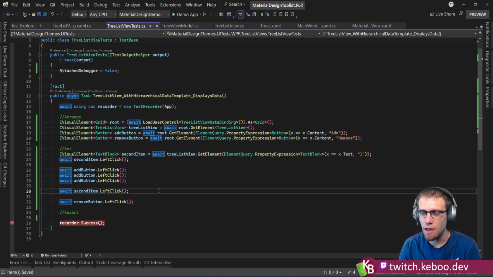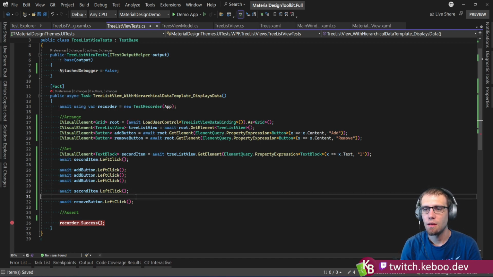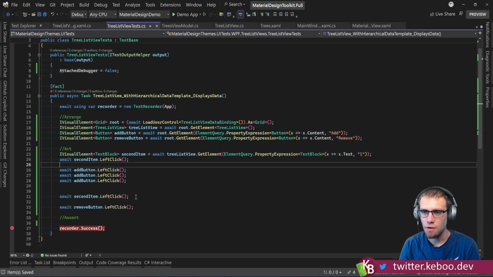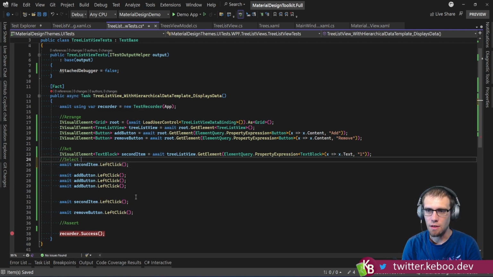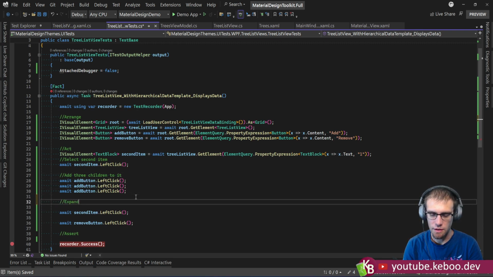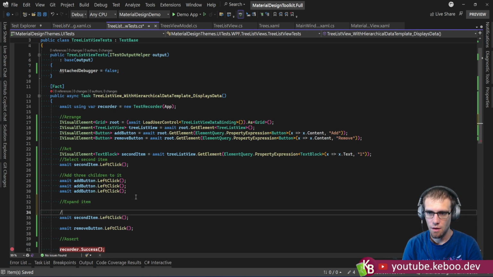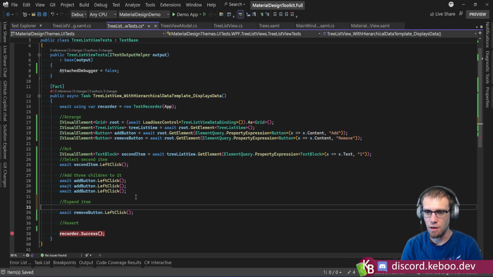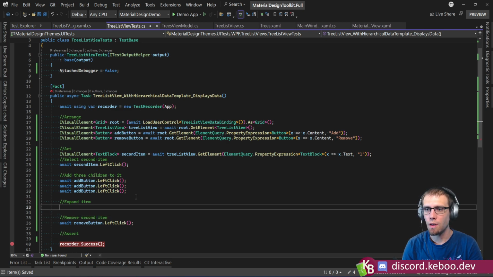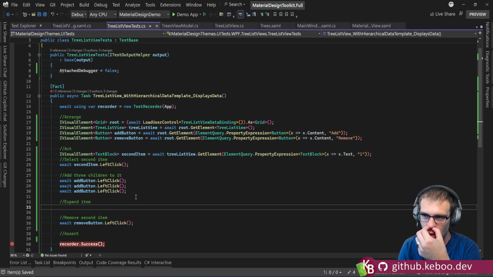Okay, so we want to take the item, bing, bing, bing, and then we want to expand. Let's see. So we're going to just define this. Select second item. Add 3 children to it. We want to do expand item. We shouldn't actually need to re-click on it. And then remove second item. So what we would really like to do is